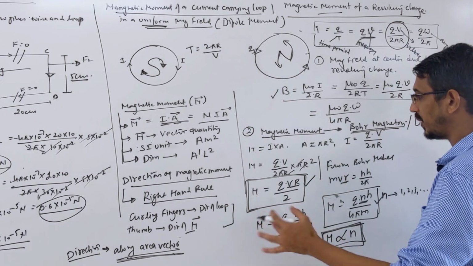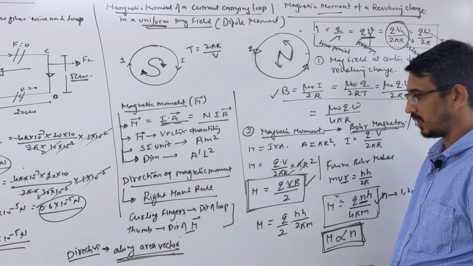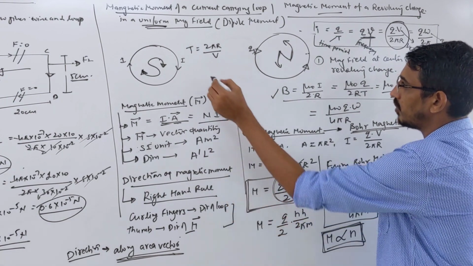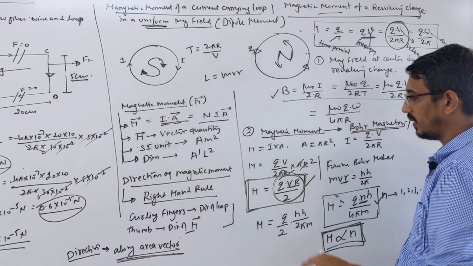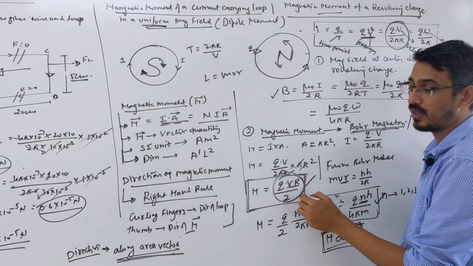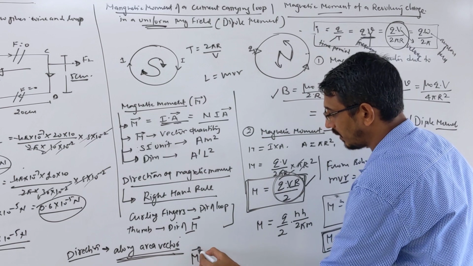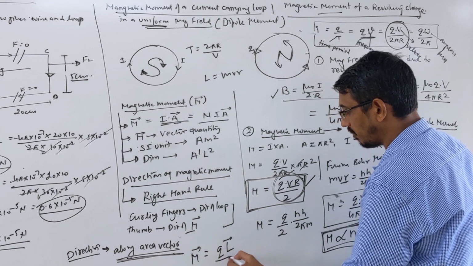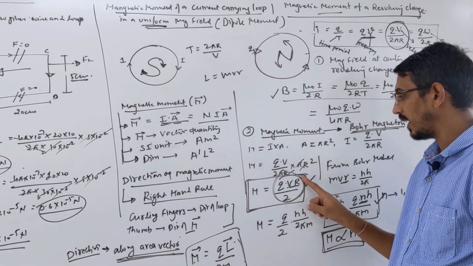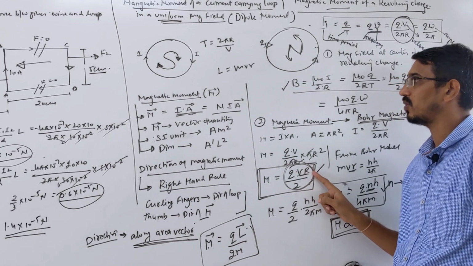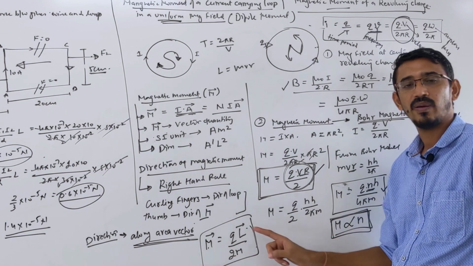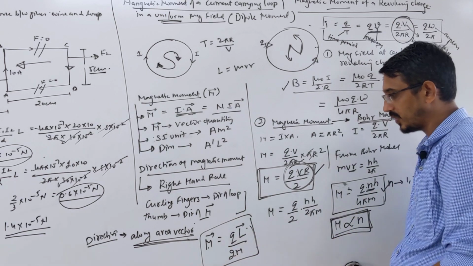Then one more, the angular momentum and magnetic moment relation was asked. Look at this format. What is angular momentum? L is mvr, right? v and r we already have. So to convert this formula into angular momentum format, you multiply by m and divide by m. Then you get the magnetic moment vector equal to charge into L vector by 2m. This is the angular momentum and magnetic moment relation. I multiplied and divided by m, and mvr is your angular momentum. So q into angular momentum by 2m is the relation. This was also asked in our exam. Simple.